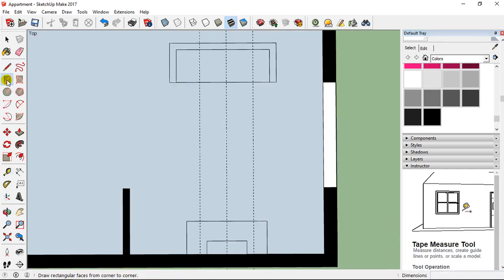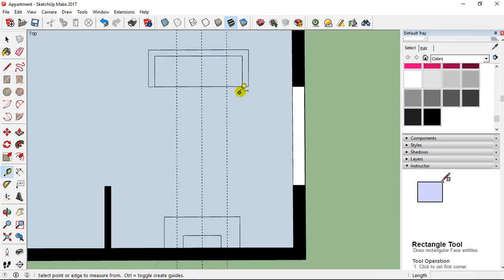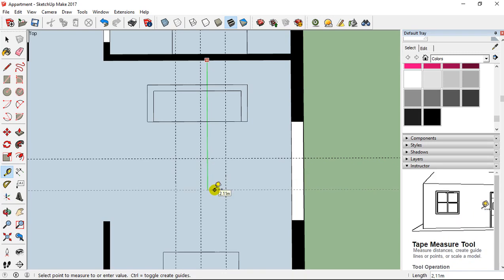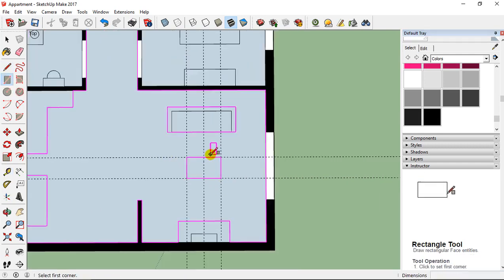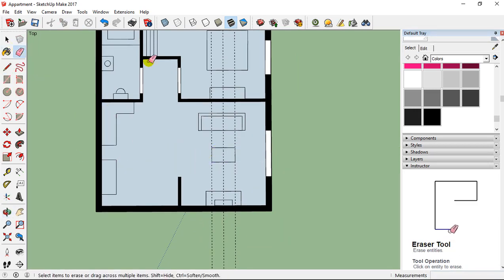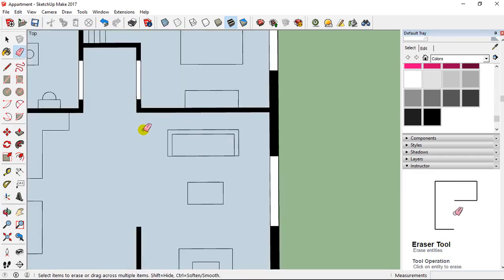So here it's not really useful, but I'm going to prefer to add two guides, one, for example, at this part, and another at 2 meter 10, like this. I take rectangle tool and I create the table like that. Edit, delete guides.